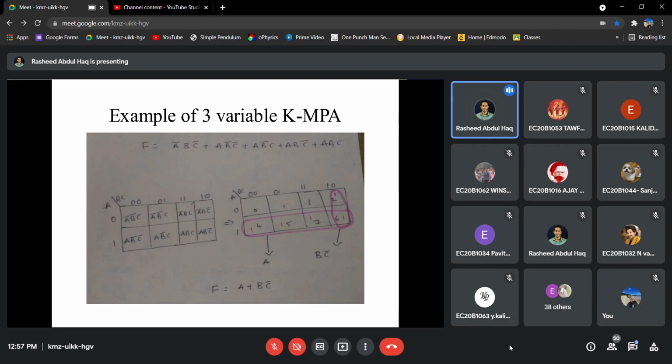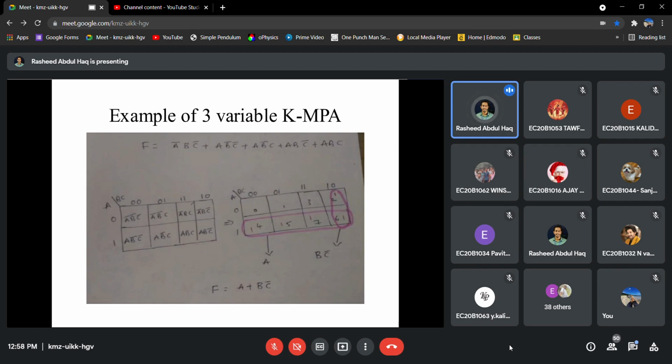Okay. So the first one, we have to just mark the one. That is, the first one will be in the position of 0, 1, 0, in the first column. That is A is equal to 0, B is equal to 1 and C is equal to 0. That is the last one in that row. Then all other ones, in the next half, all four outputs we are getting as 1. Y equal to 1 four times. So when A is equal to 1, every time this becomes 1. So in the next line, everything is 1.